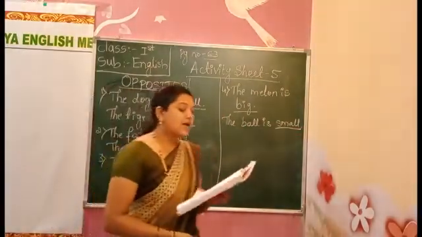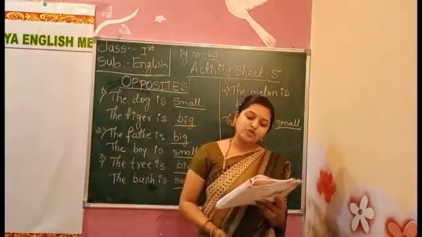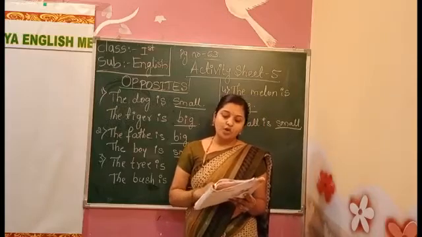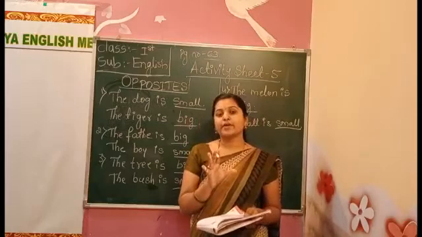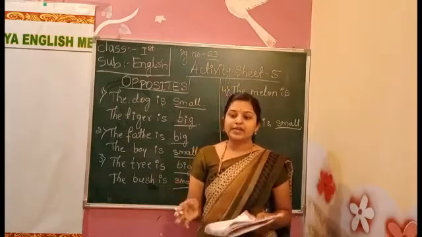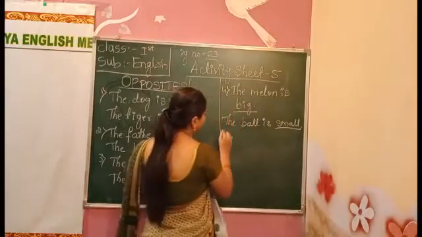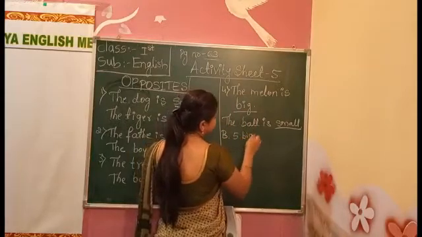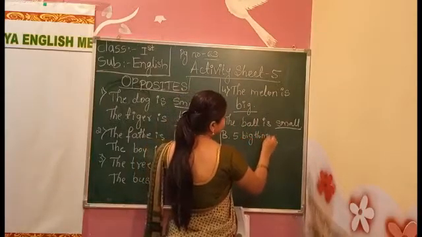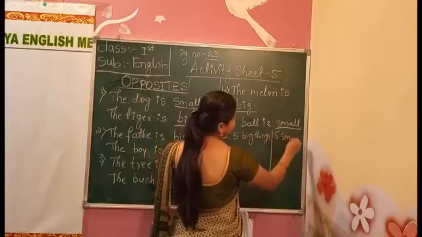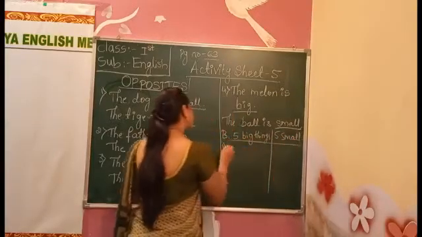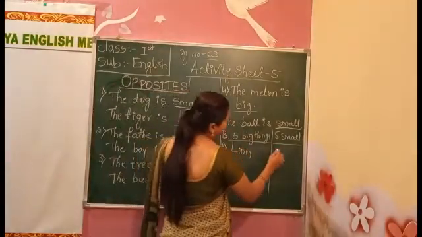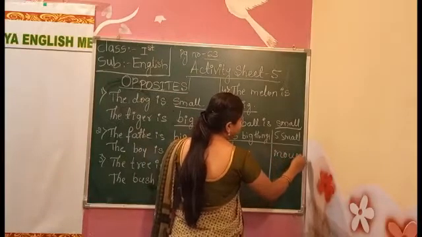And next, we may name 5 big things and 5 small things. So name 5 big things and 5 small things. For 5 small things, what should you do? You should make a list, and 5 big things. For example, 5 big things and 5 small things. Big. Here, if you see, the lion is a big animal and the mouse is small. Okay, so like that.